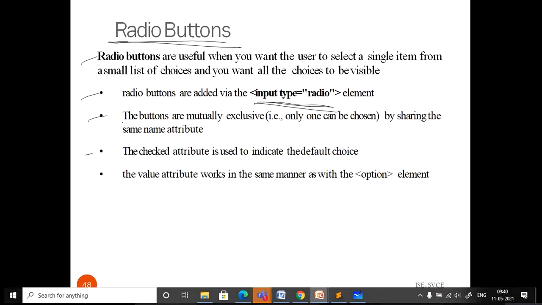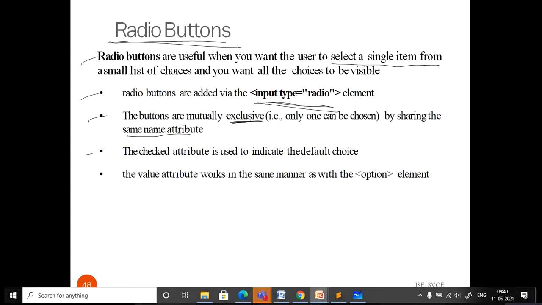So what are the characteristics of a radio button? It is used mainly for selecting a single item from a small list of choices. Also the buttons are mutually exclusive, that means only one can be chosen among a set of buttons. How can you make them mutually exclusive by sharing the same attribute?